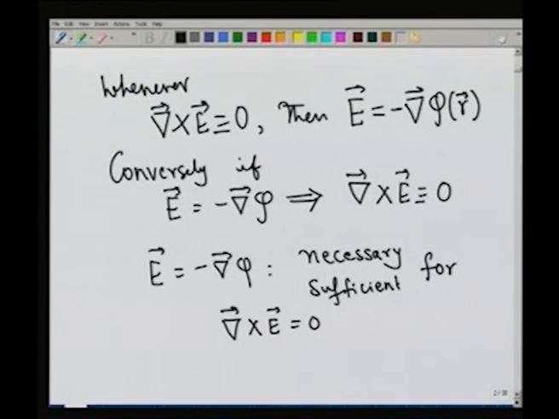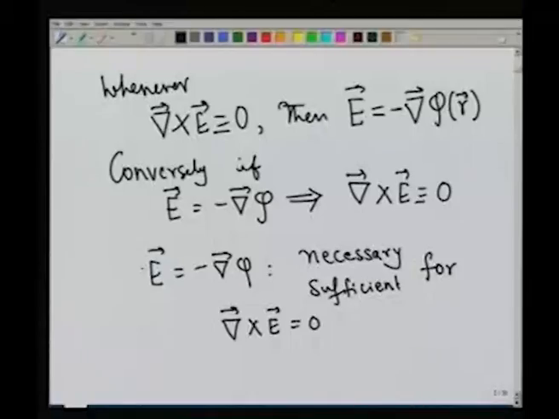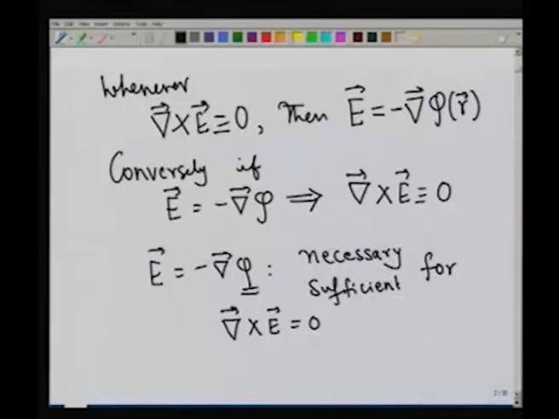So without any loss of generality, we can always replace our electric field by a suitable potential whose negative gradient will give me the electric field, and do all our calculations, and this condition automatically satisfies the constraint that curl of E equal to 0. So it is a good simplification. It's an excellent simplification, because now instead of dealing with 3 components of the vector field, we are dealing with a single scalar field phi of R. So this is a significant improvement in our analysis.